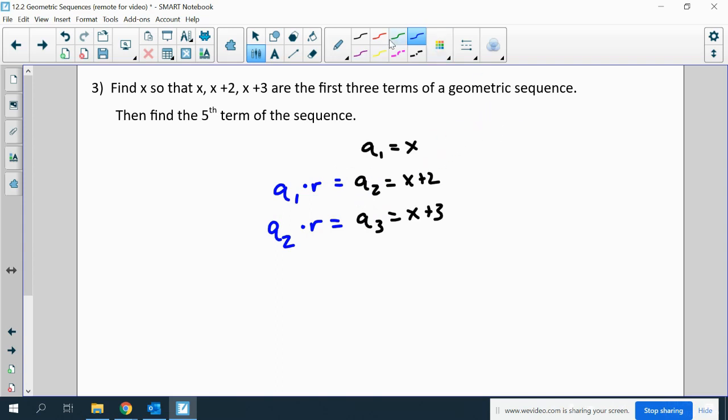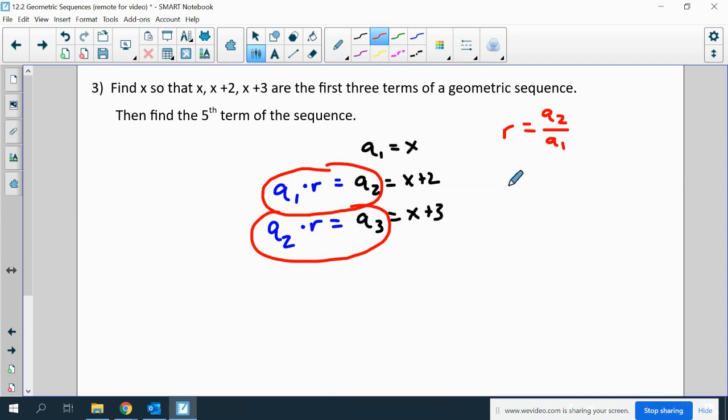And what I then notice is that if I use these two equations, I realize that r equals a2 divided by a1, and r also equals a3 divided by a2. So I can set these two things equal to each other. Well, I already know what a1, a2, and a3 are. So r is equal to x plus 2 over x, and it's also equal to x plus 3 over x plus 2. So now I'm going to solve the proportion,